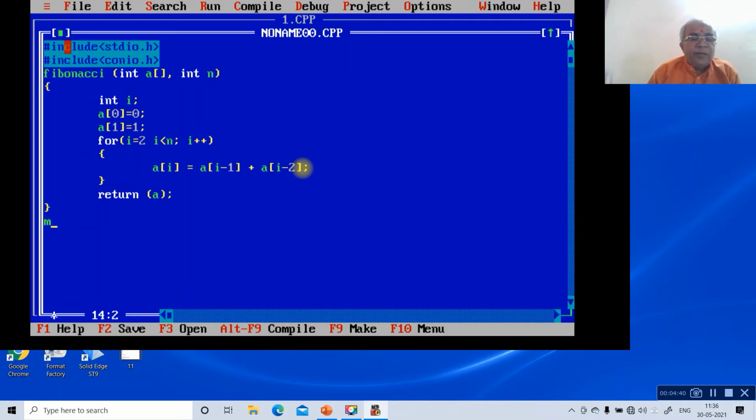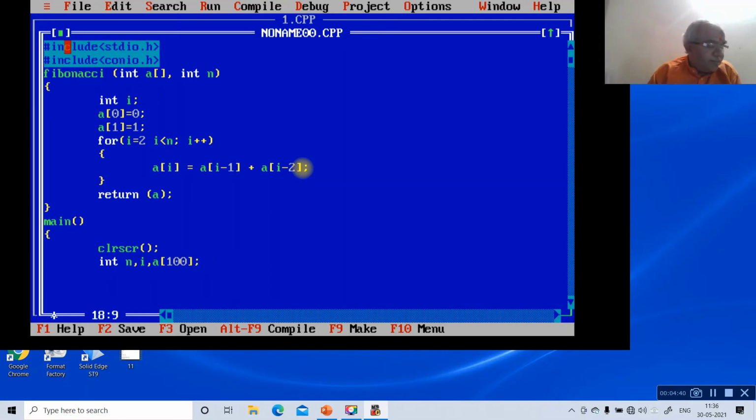Then we are going to go for the main function, then open the loop, then go to clrscr. Then here int declare n, i, a[100].